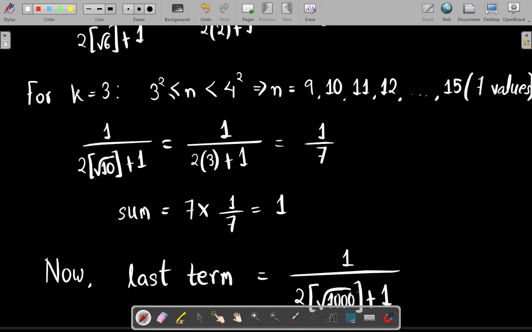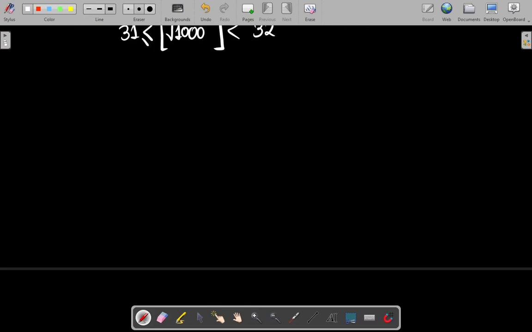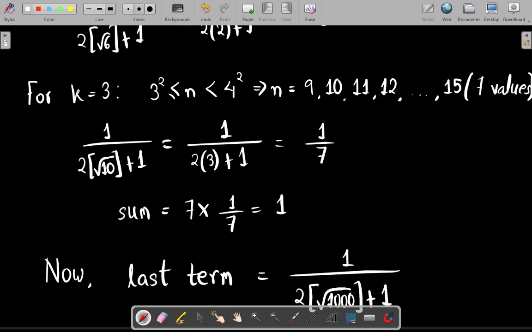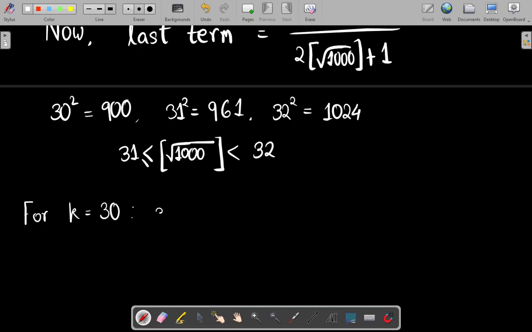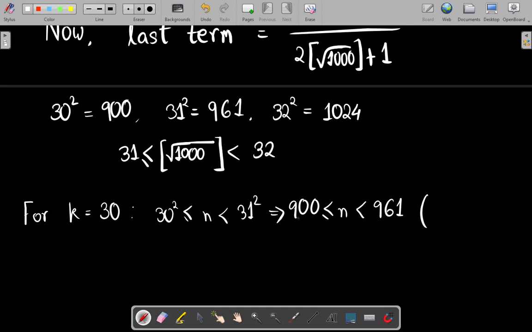Now we have to find how many terms there are. If we look at k equal to 3 and go on, this will go on up to k equal to 30, let's say. For k equal to 30, there will be 30 square less than or equal to n less than 31 square. So this implies 900 is less than or equal to n less than 961. So this implies there are going to be, if I start from 901,